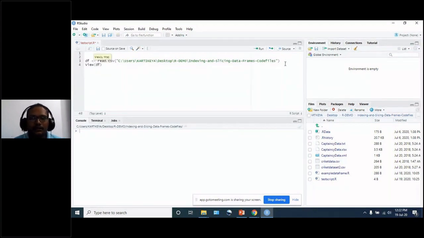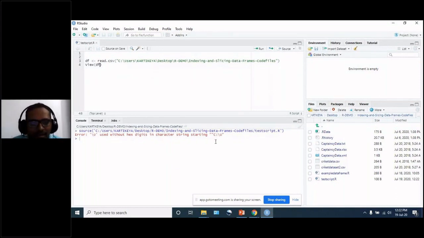Now I want to run this program. See, it displayed an error: C colon backslash u. Why it is displayed like that is, this particular syntax works for previous versions, but in the latest version it will confuse this backslash and forward slash with other commands, because they are used for a special purpose, such as the pipe operator.